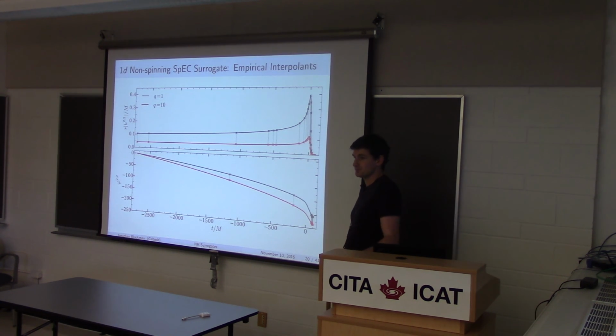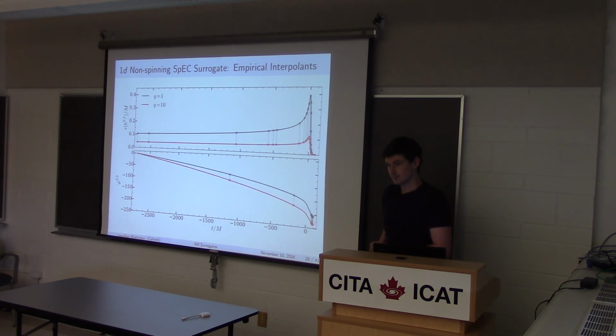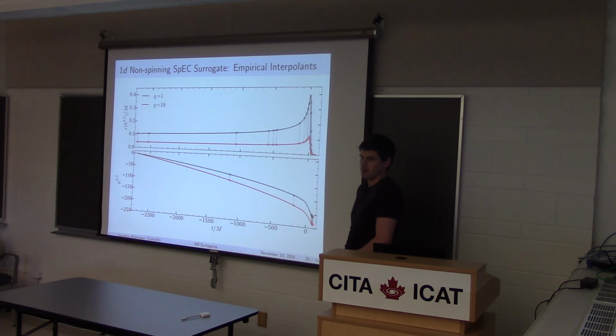What are the basis functions you're using to interpolate between? So to interpolate in time, those are the empirically found basis functions. We take all of these solutions and we build a reduced basis from it. Basically, the solutions are the basis. Numerical solutions. And don't the points at the very end of the ring down also contain information? Yes. So if you remove those and just try to fit